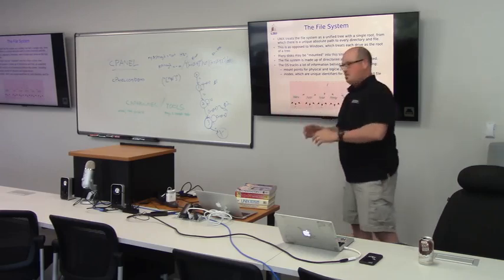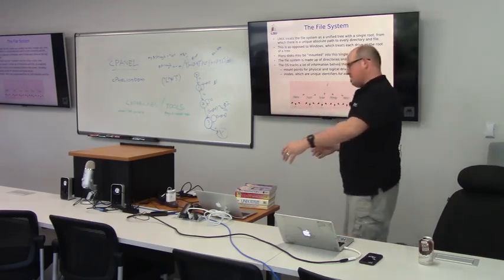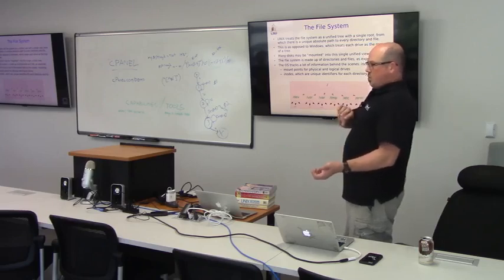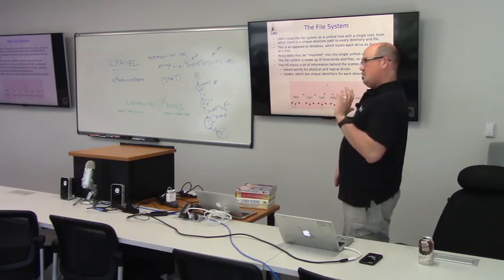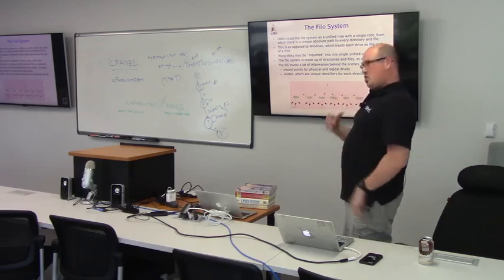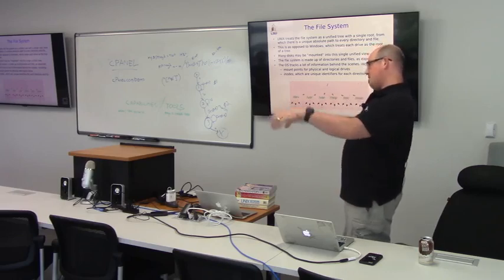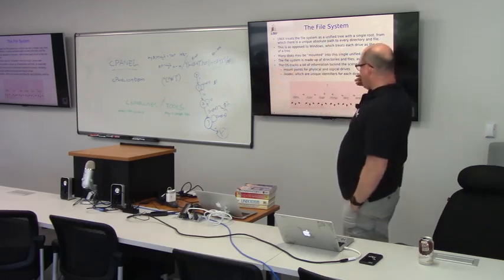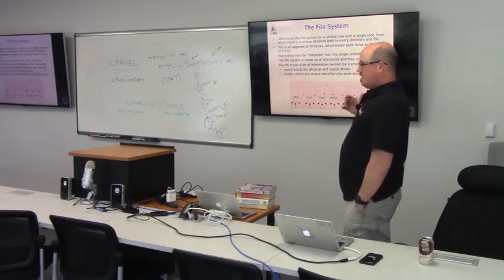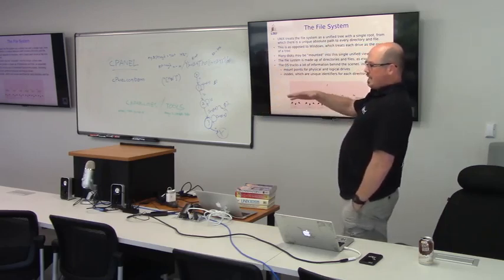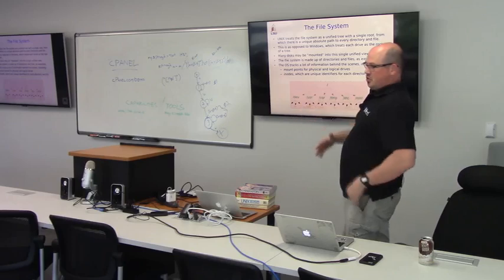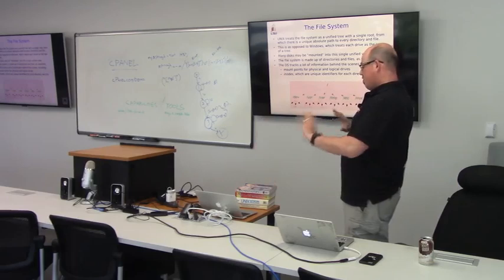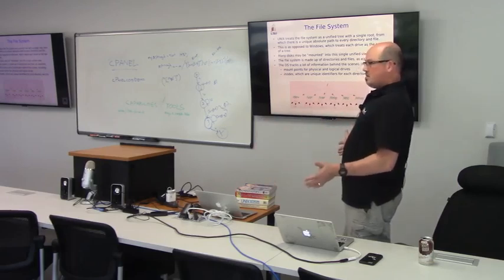Okay. Now this is all a virtual representation of the file system. It has nothing to do with the physical representation, which is what Windows was giving you. It was showing you that you had 5 drives, and it was C, D, E, F, G, H, whatever. Here, when you're navigating the file system in Unix, you don't get that device-based representation. You get this unified version of the file system.